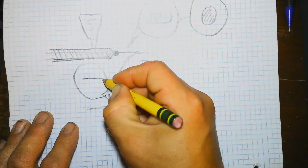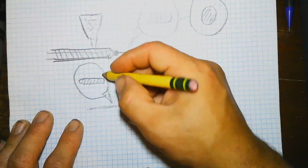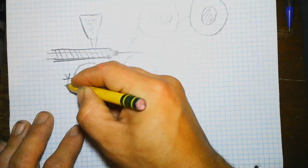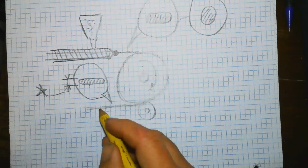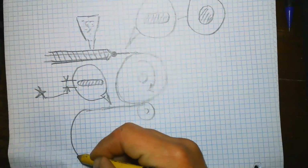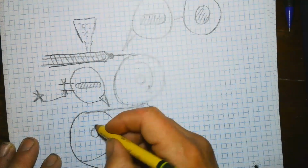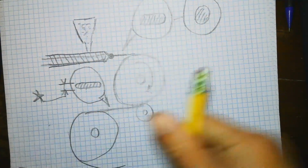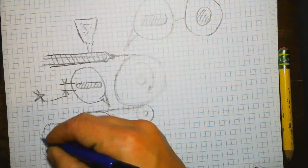But where this differs from typical filament manufacture is that the hot plastic is fed onto a chilled metal roller instead of into a water bath. This chilled metal roller then meets another roller, which is held a fixed distance away, and it smooshes the extruded plastic to a tightly constrained thickness. And any variability in the extrusion rate, or take-up speed, or whatever, will become a variance in the width of